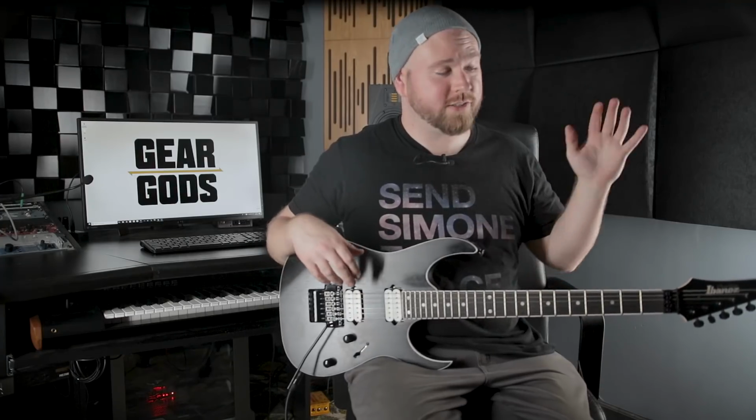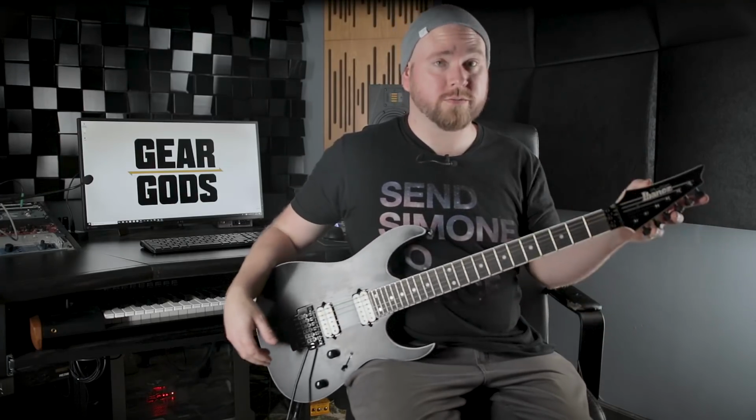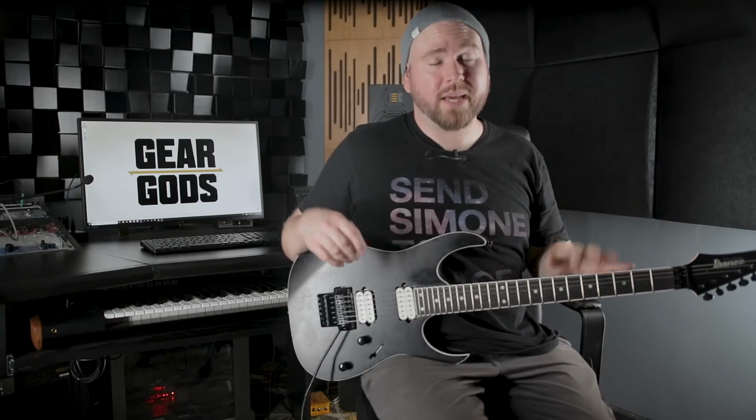There are many sub-series of the RG, such as the RGA Archtop, the RGD Extended Scale, and the RGV Vintage Style, but the one that's closest to my heart is the RGR, which features reversed headstocks. This particular model is, in my opinion, the best looking RG that Ibanez has released domestically in many years, maybe